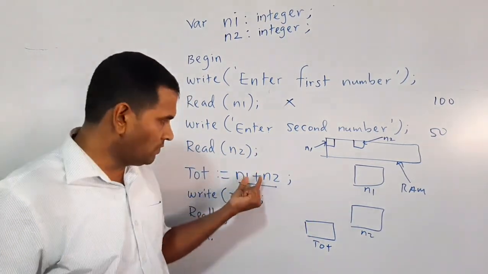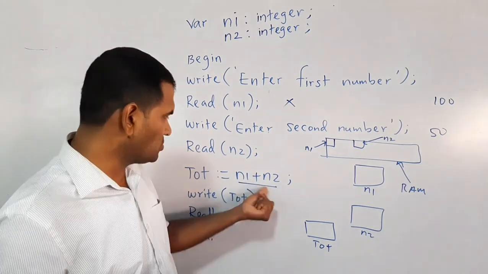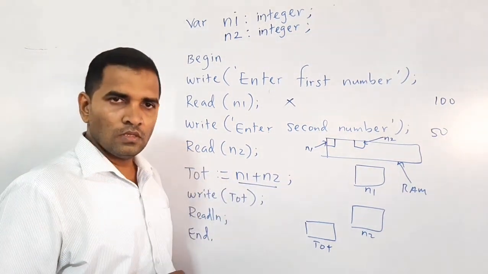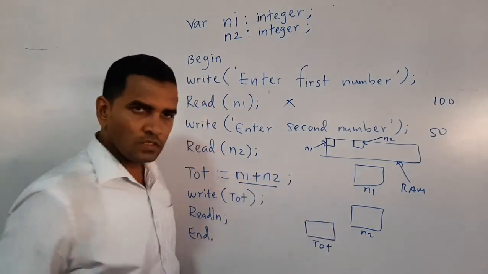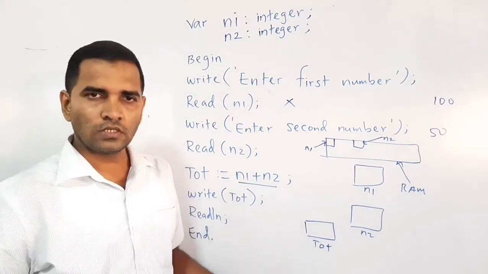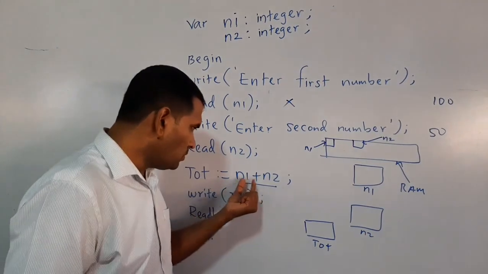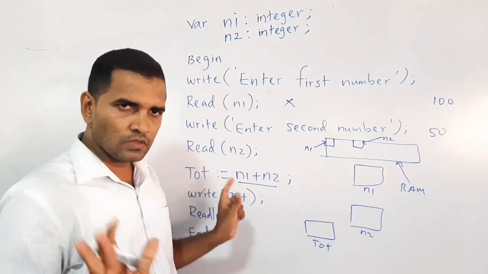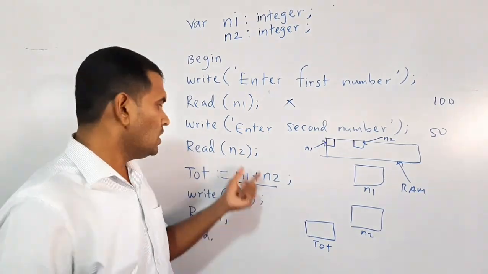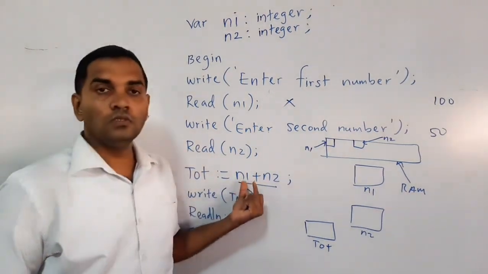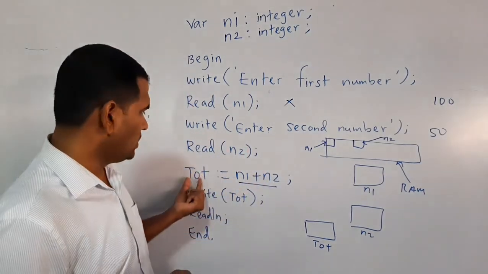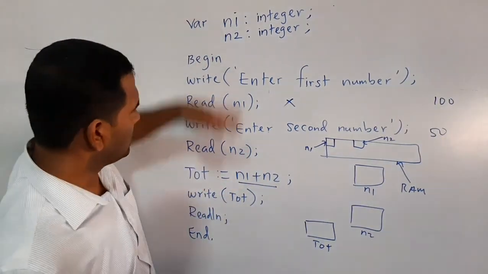That particular data, 150, must be saved in TOT. So TOT is what? It is another variable. It's another location. So now, yes, computer can add these two numbers. Both of them can be added. There is no issue. Computer understands. But computer doesn't know how to store that particular 150 in TOT, because look here,